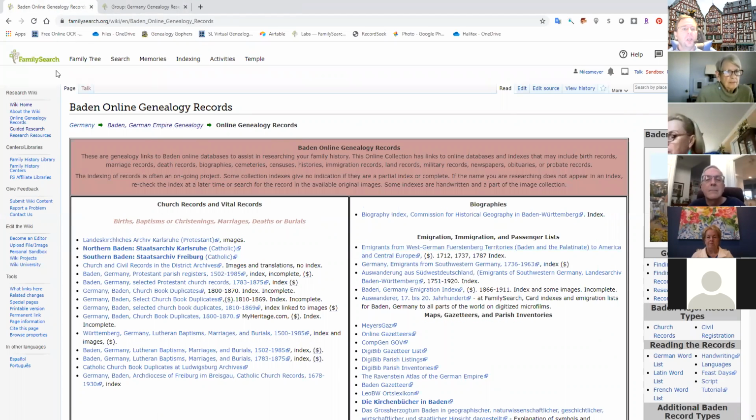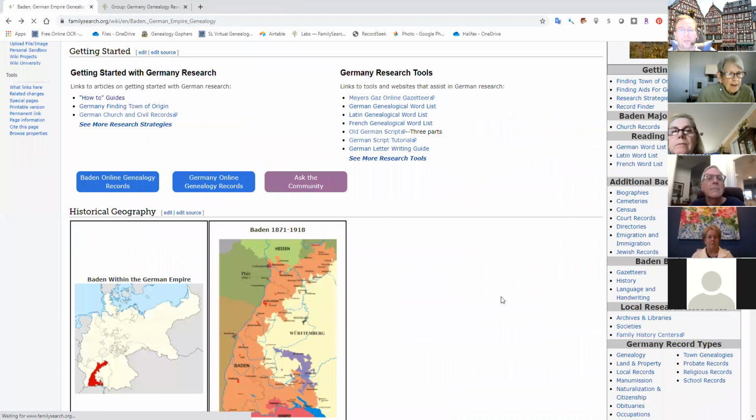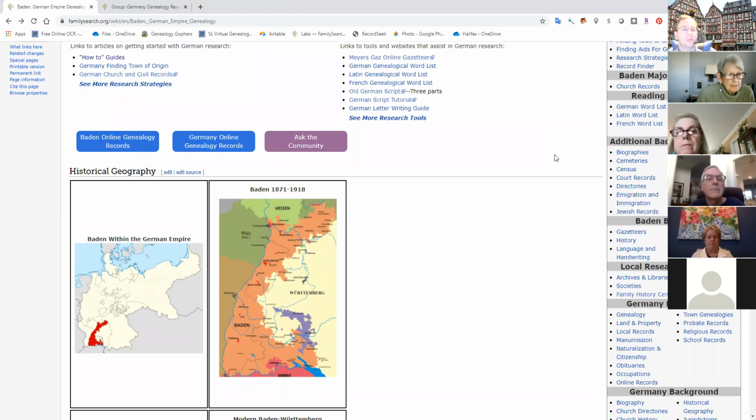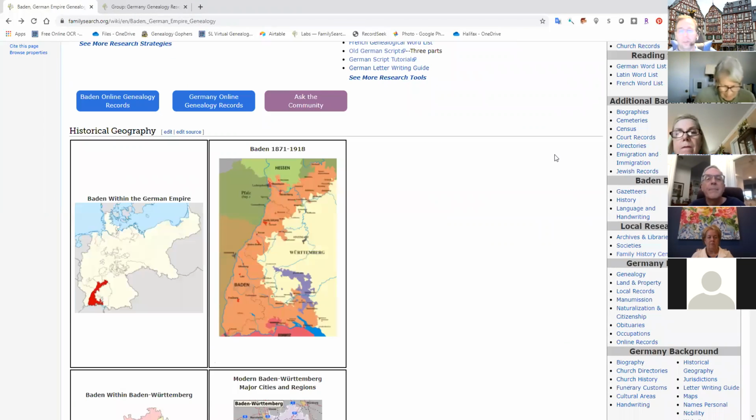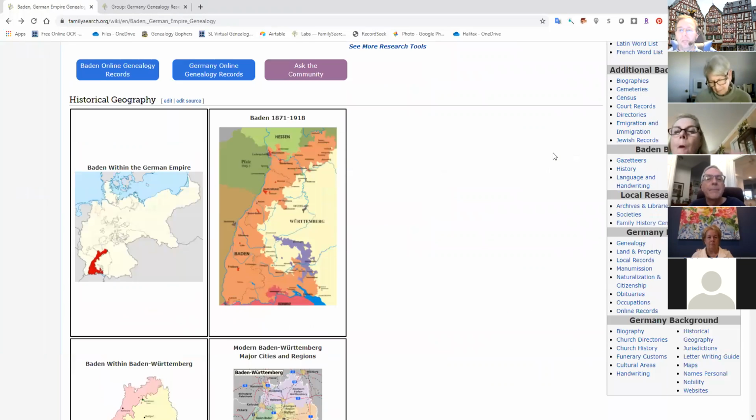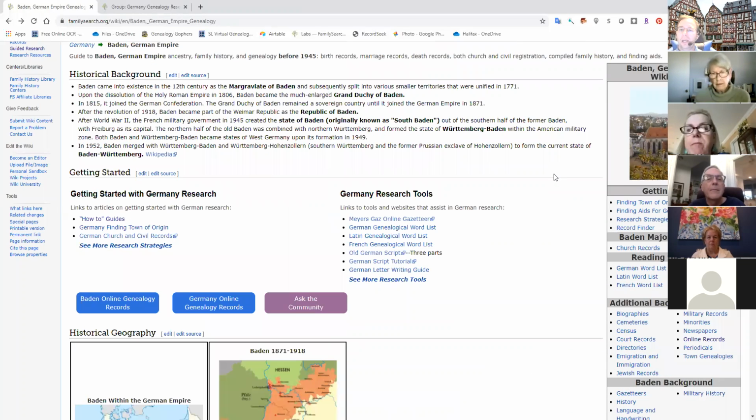So a good way of doing your research is just by figuring out what research topics you're looking for. There is a stepwise research process that they have also, and I haven't actually seen it in work yet. I've seen it in beta, where it'll ask you a set of questions. So the first thing when you click on it, it'll ask you, what are you looking for? Are you looking for birth, marriage, death records, or something else? And if you click on the birth records, then it says, okay, in what location are you looking for? And then it eventually leads you to 2 or 3 sources that are the best sources for you to